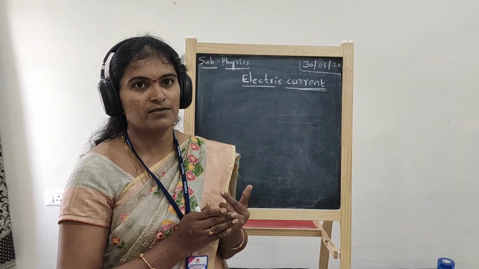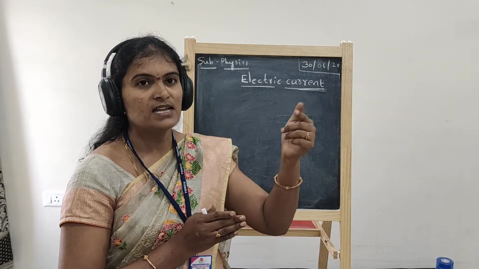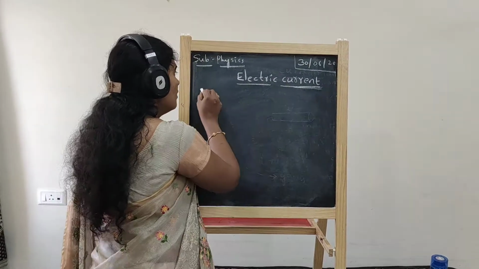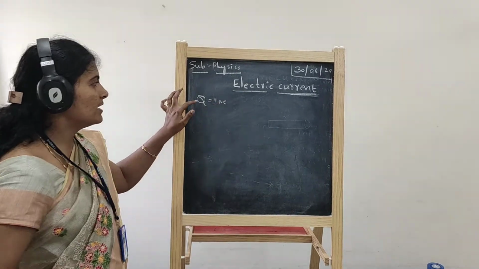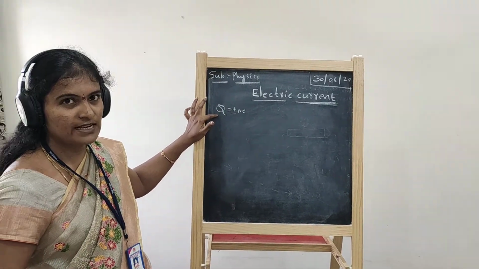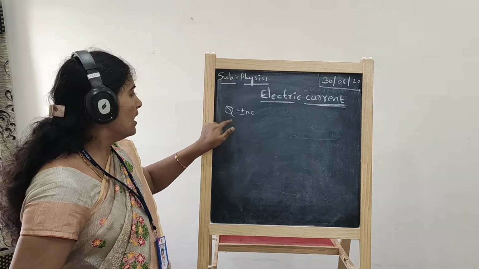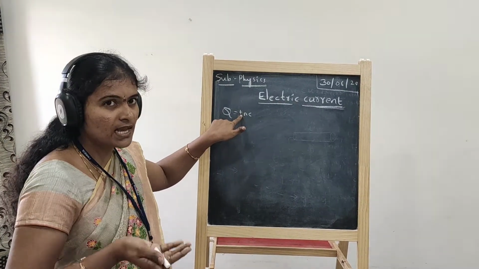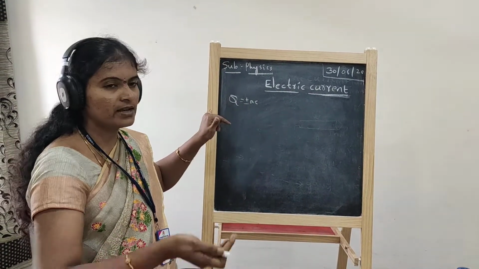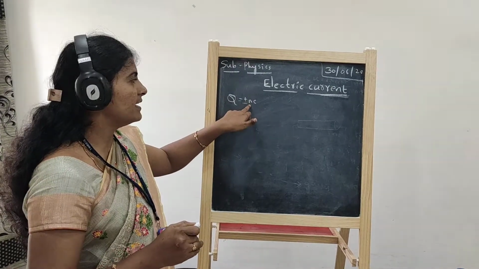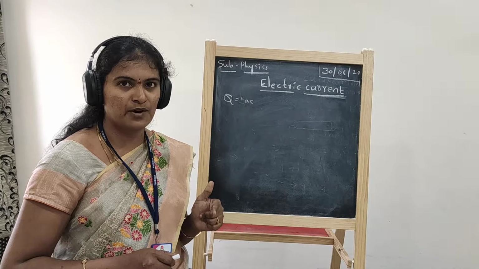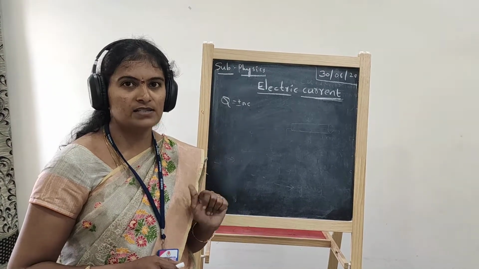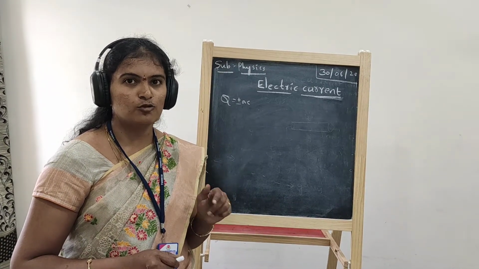Quantization of the charge, how can we write it? Q equals plus or minus Ne. What is meant by Q equals plus or minus Ne here? Where Q is the net charge induced on the surface. Plus stands for losing the electrons, whereas minus stands for gaining the electrons, where N is an integer value and e is the charge of the electron. That value is 1.6 into 10 to the power of minus 19. The unit of charge is coulombs.